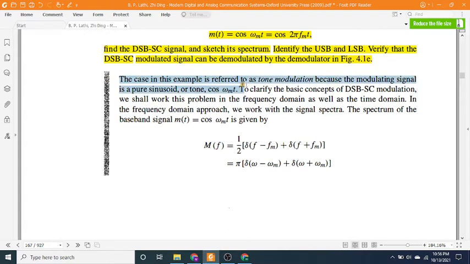The case in this example is referred to as tone modulation because the modulating signal is a pure sinusoid, or tone, cos ωm t. To clarify the basic concepts of DSB-SC modulation, we shall work this problem in the frequency domain as well as the time domain. In the frequency domain approach, we work with the signal spectra. The spectrum of the baseband signal m(t) = cos ωm t is given by